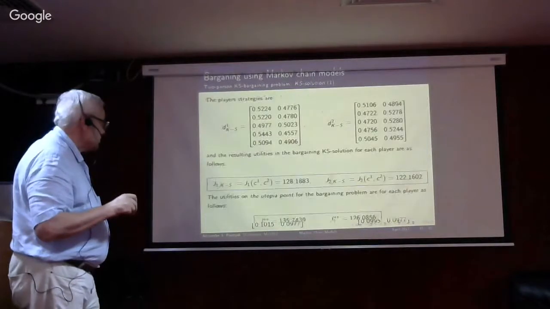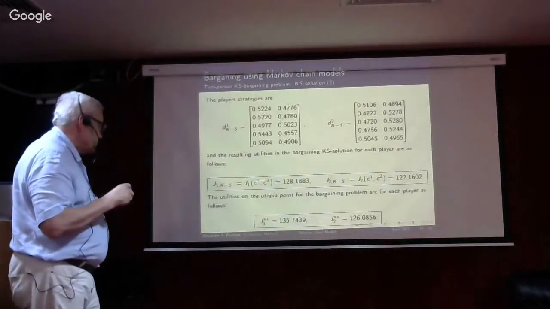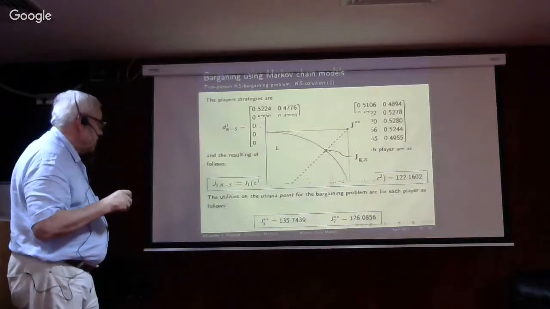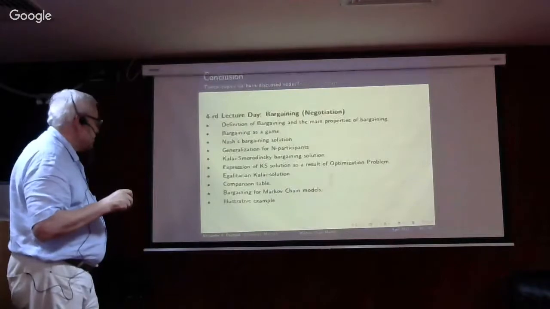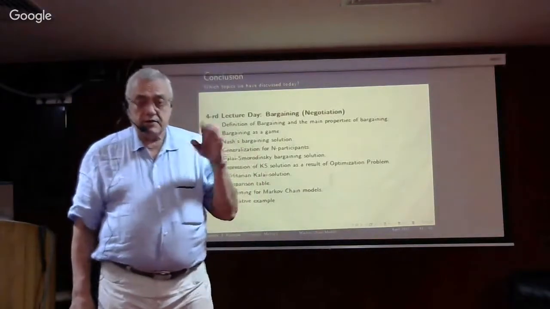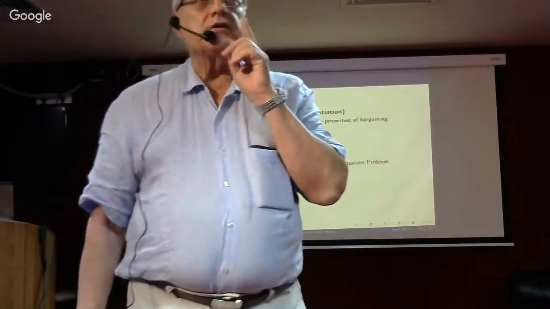No, this one. This is according to Nash, and this is according to the Kolesnikov-Morodinsky solution. This is another value explanation. So I finish. For a few days I will not say anything about it because it's about partially observable systems.